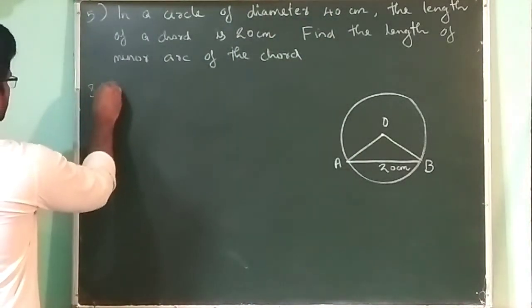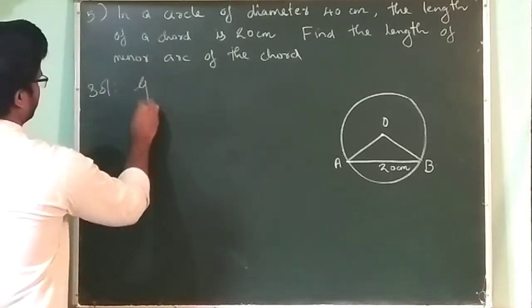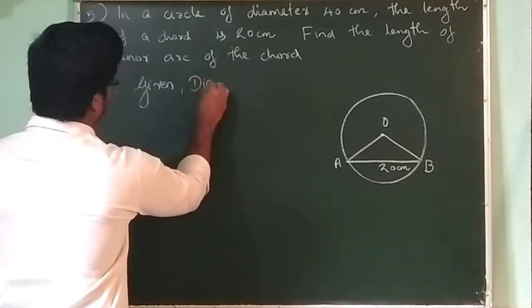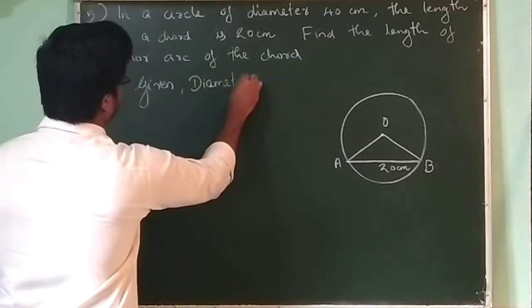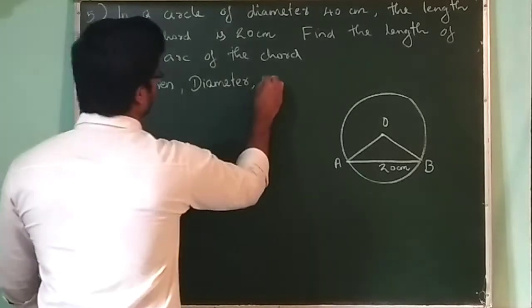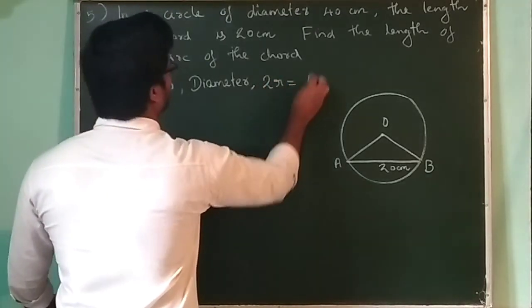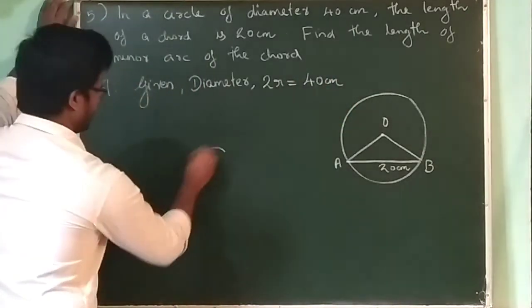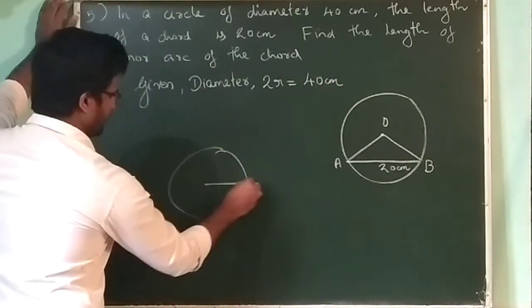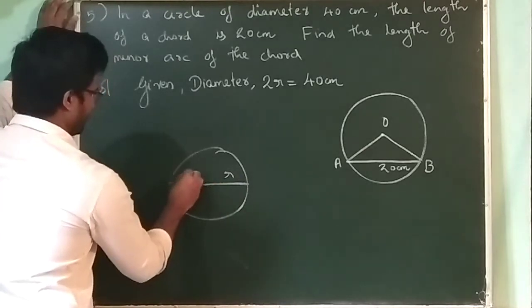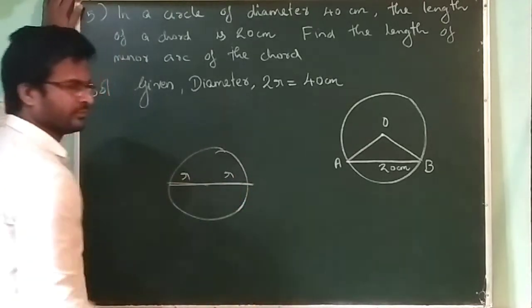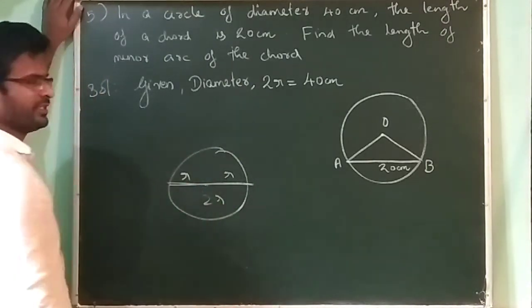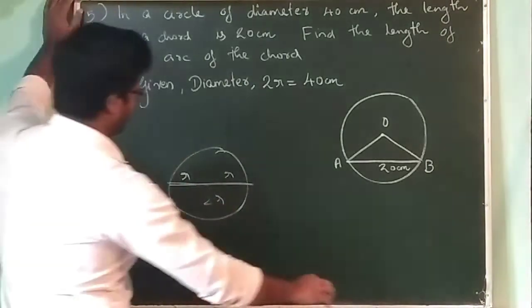Then diameter is 40 centimeter, isn't it? You can write, given diameter, means 2r equal to 40 centimeter. 2r means 2 radius. Look, this is like one circle. This is the center. In here radius. So opposite also you can make a radius. What is this total? That will be the diameter, r plus r, 2r. Diameter means 2r. In lower classes also we have studied.